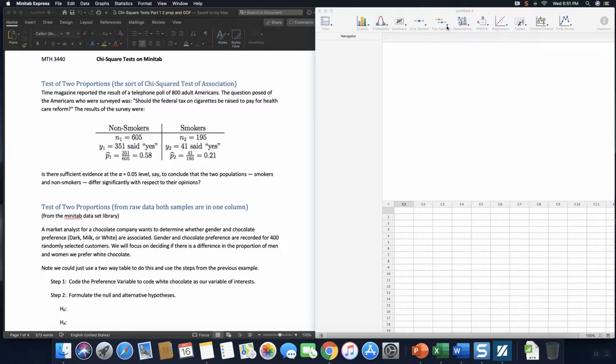So there's two places you can find the two proportion test on Minitab Express. The first one is this two sample button. If you click on it, there she goes, you'll see the proportions test down here at the bottom. If you don't like that, the other place you can get it is if you go up to the top and you have your